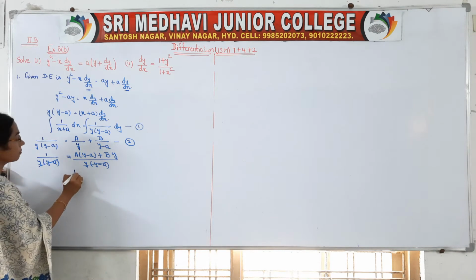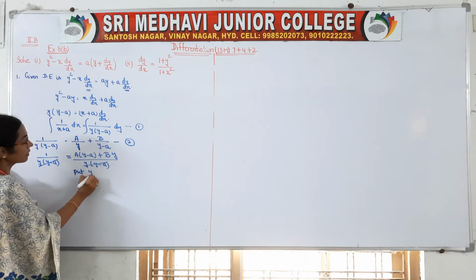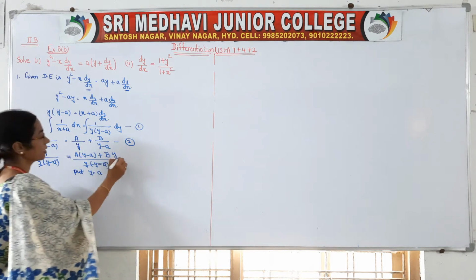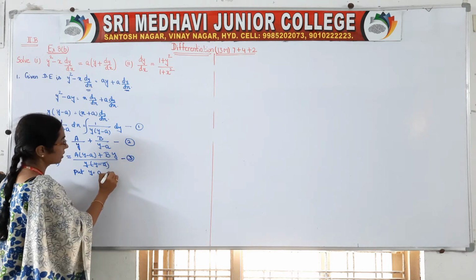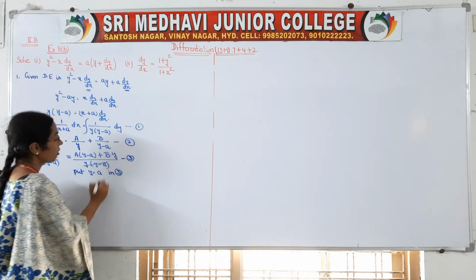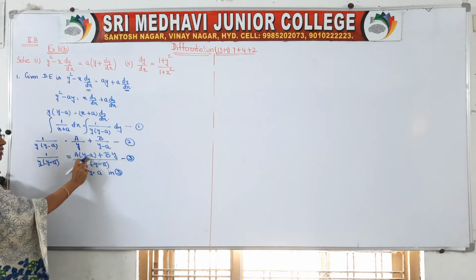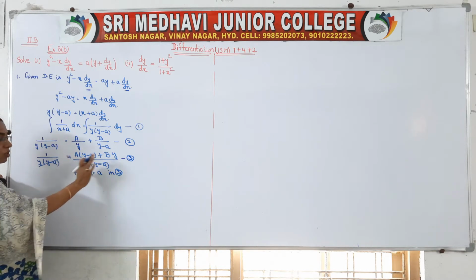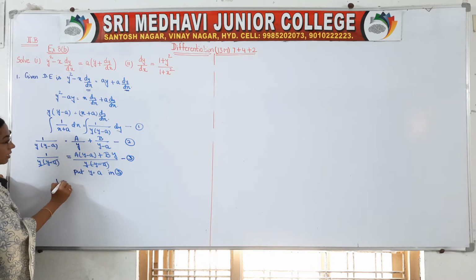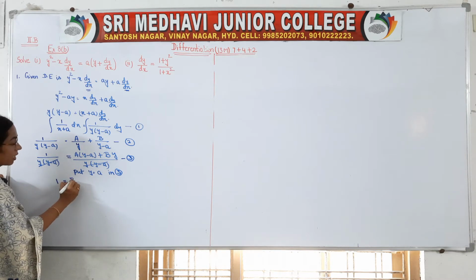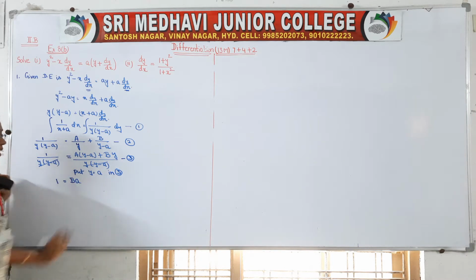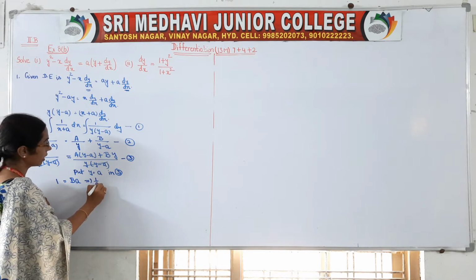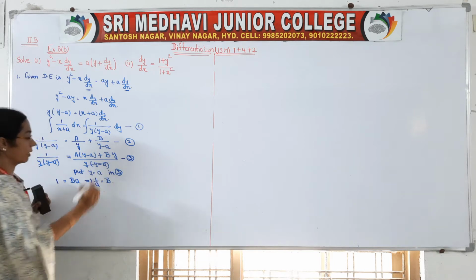Now put y is equal to a in this equation, in this third equation. What happens? This will be 0. a minus a is 0, 0 into a is 0. So you will have 1 is equal to b into, in y place we have to take a. Then what will be your b now? 1 by a is equal to b.